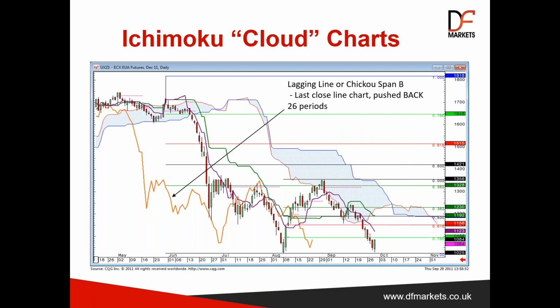There is one more line that we look at on the Ichimoku charts, and it's one that I do use, and it is a line that adds one more layer of confirmation, if you like. It's called the lagging line, or the Ichimoku span B, and that is the last close, but it's pushed back 26 periods. Okay, so whereas the cloud,